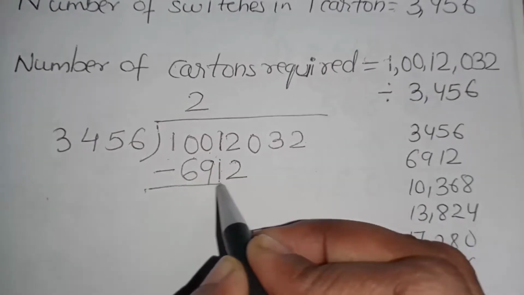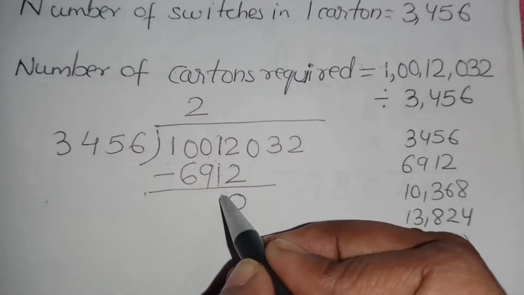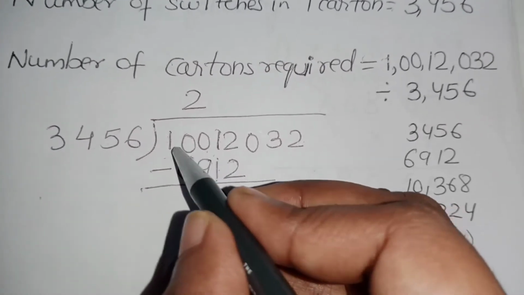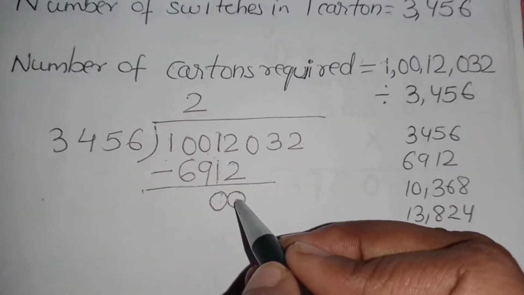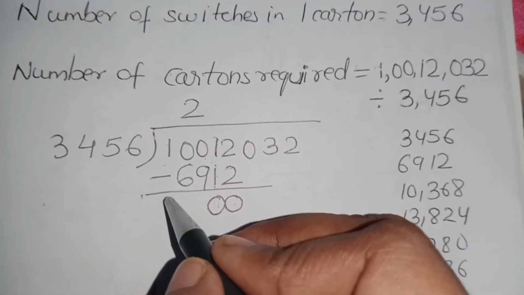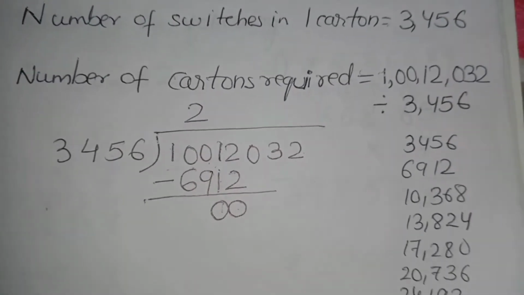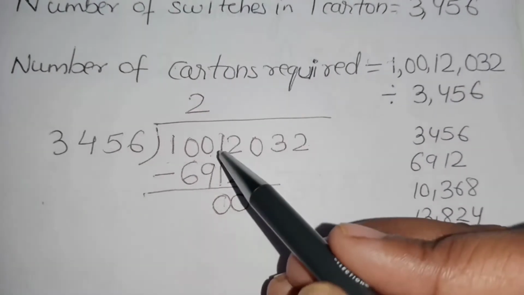Okay, then subtract it. 2 minus 2 is 0, 1 minus 1 is 0. Now I will take carry. Here don't put cross, because we require this number. If at last anything is there and is getting 0, then you can put cross. In the middle one don't put cross, because we are going to get the number.